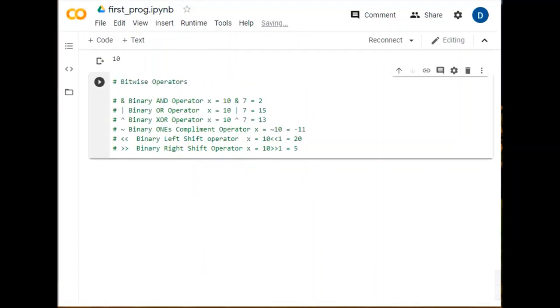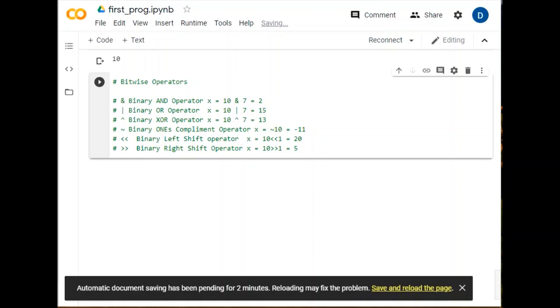So I have pasted some bitwise operators for you. Talking about Python's bitwise operators, taking all these examples, one can understand. Suppose we have taken the binary AND operator. If we have a value of x equals to 10 and y equals to 2, it will check it. Similarly, there is the binary OR operator. Here we have the XOR operation. Here we have the ones complement, left shift and right shift. These are all related to the bitwise operators, which work on individual bits which are being assigned here.